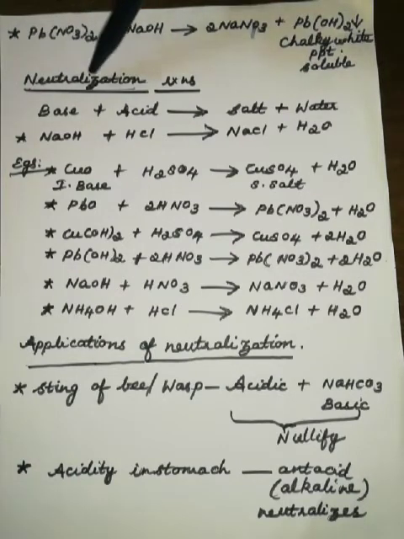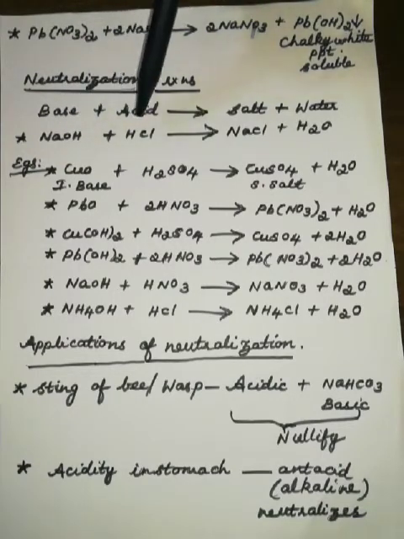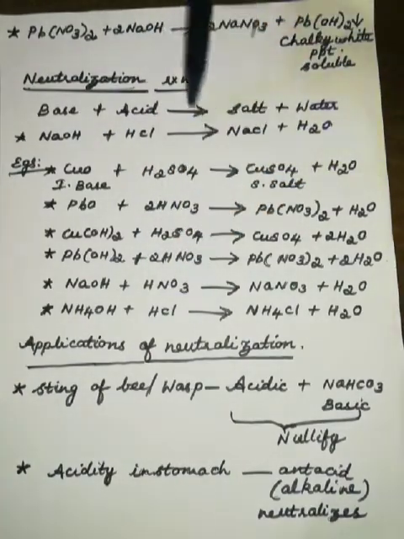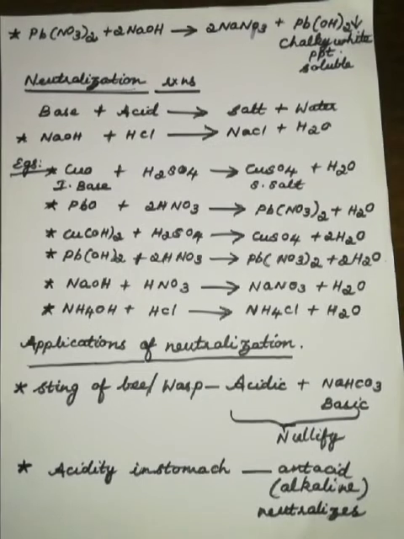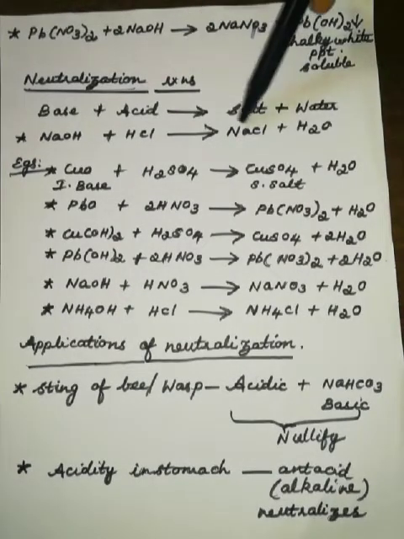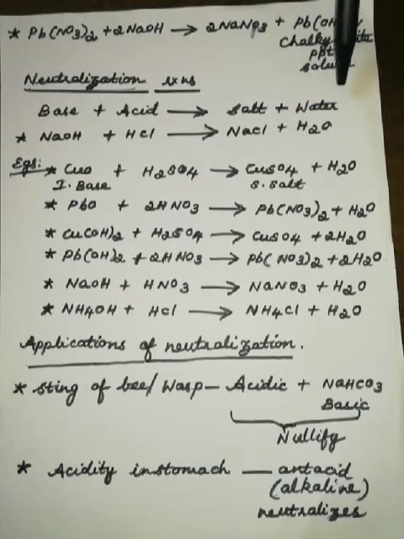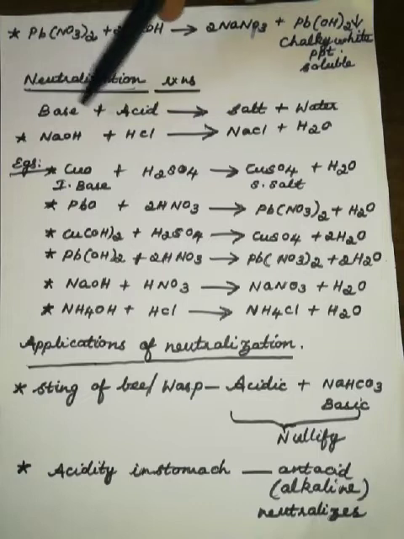Now, neutralization reaction. So far we have seen only the precipitate reactions. Now let's see the neutralization reaction, that is a base with an acid or an acid with a base. Always you will get a salt and water. We'll take an example of sodium hydroxide, which is a base, reacting with an acid. Whatever acid we are using here is a dilute acid, not a concentrated one. So you will get salt NaCl and water as the products. So this is a neutralization reaction. It's a standard reaction: any acid with any base, you will get salt and water as products.